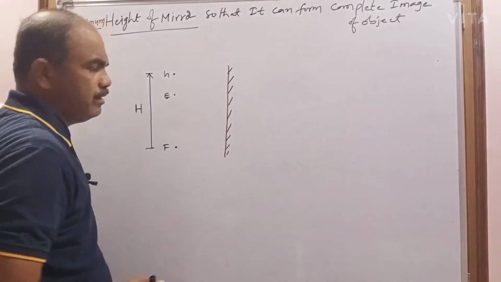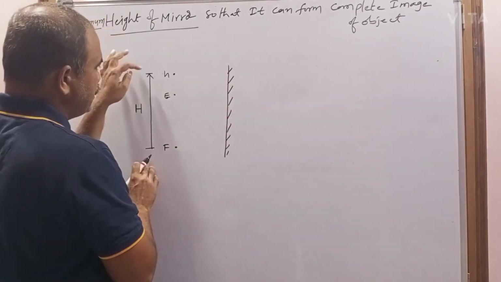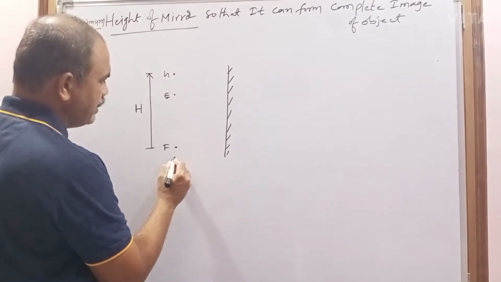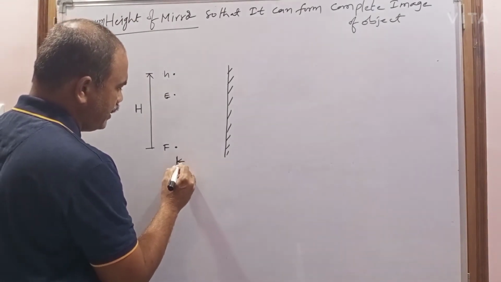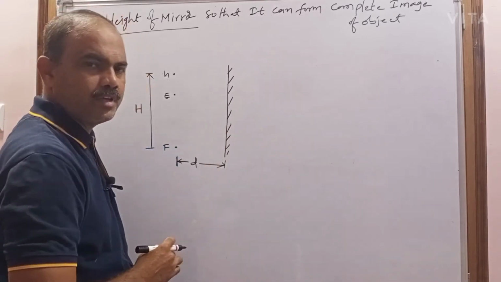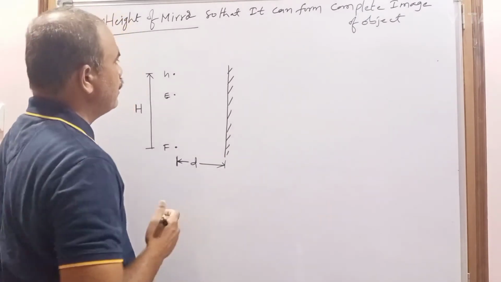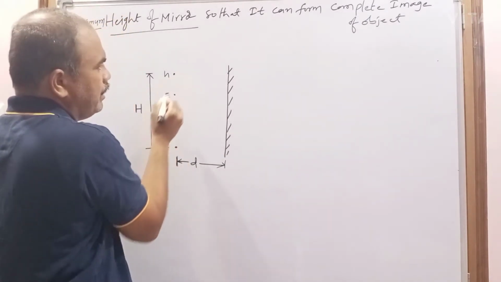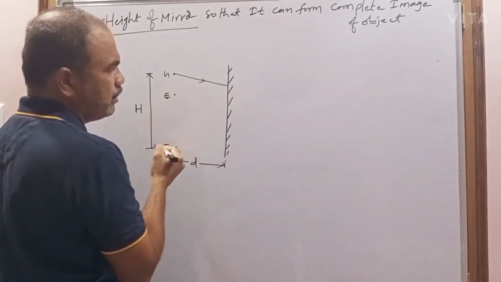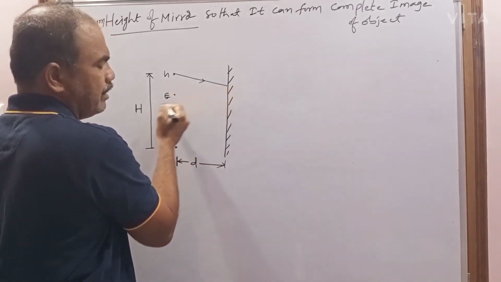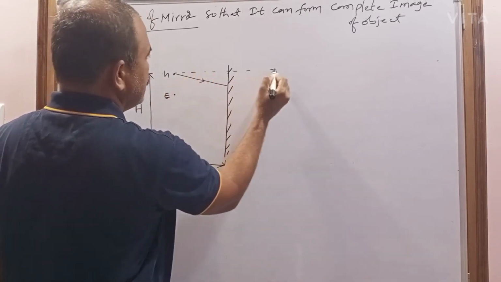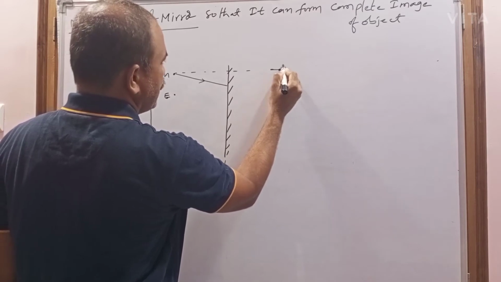So now, according to the image formed by the mirror, what is the height of the image? It can form the same height. Let us consider this person is at a distance d from the mirror. Now the image is also formed at the same distance behind the mirror. Consider a ray coming from the head of the person, incident here. Then what happened according to the rules? It is reflected with the same angle, but it appears to be coming from here. This is the distance d, so here is also distance d. Now this will be considered the height of the person.